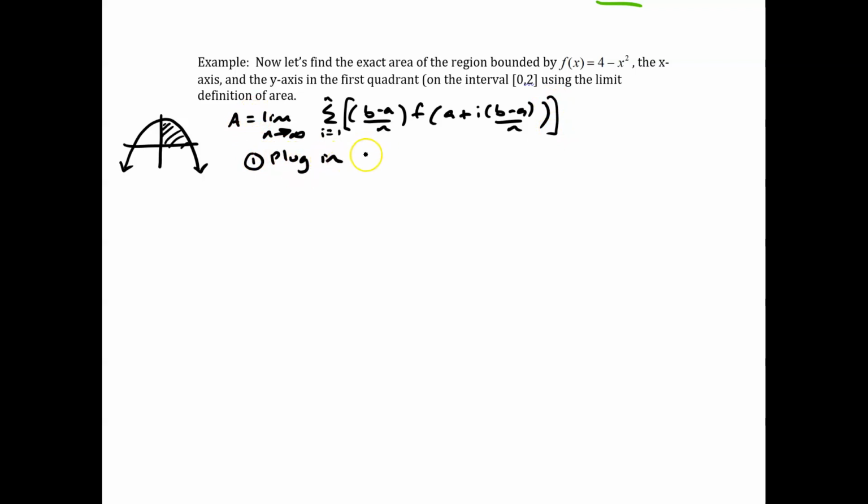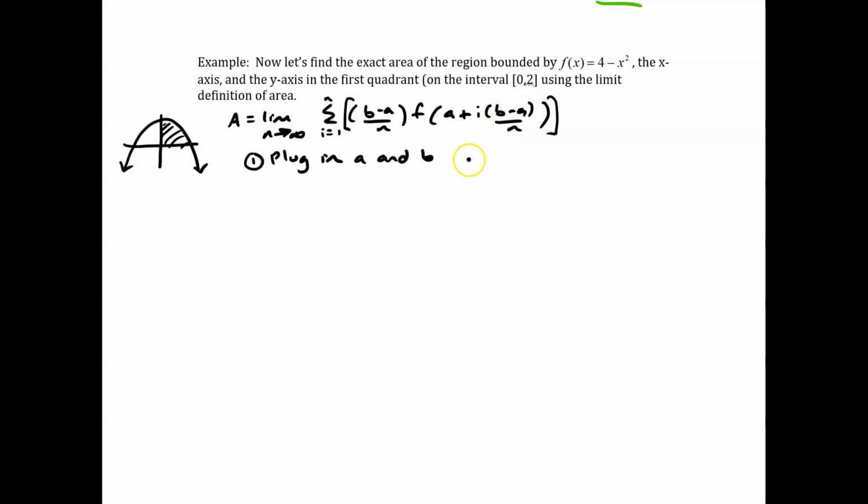And we just said that the area is equal to the limit as n goes to infinity of the summation, i going 1 to n, of b minus a over n times f of a plus i times b minus a over n. Okay, so the first step is we need to plug in a and b into the equation. And in this case, you can see that we're on the interval 0 to 2, so our